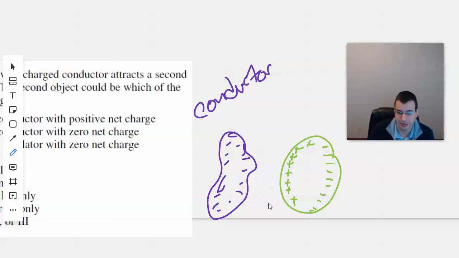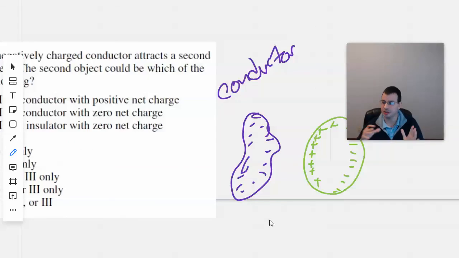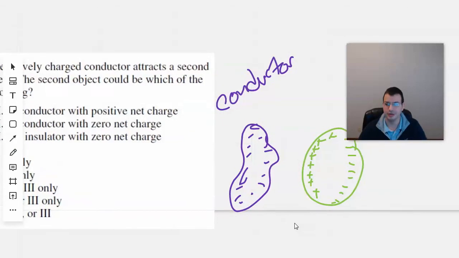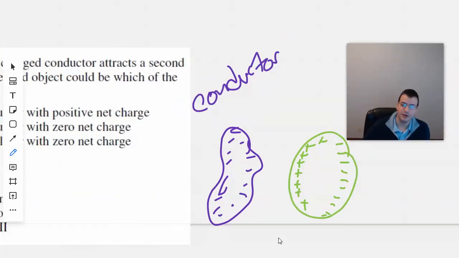So what happens here then is these negatives attract the positives. I say the positive, but really what it's doing is pushing the electrons away. But for all intents and purposes, you can pretend that there's positive charges and negative charges. Well, let's go with that version of reality. So we have the positive charges here, negative charges here. The net is negative,